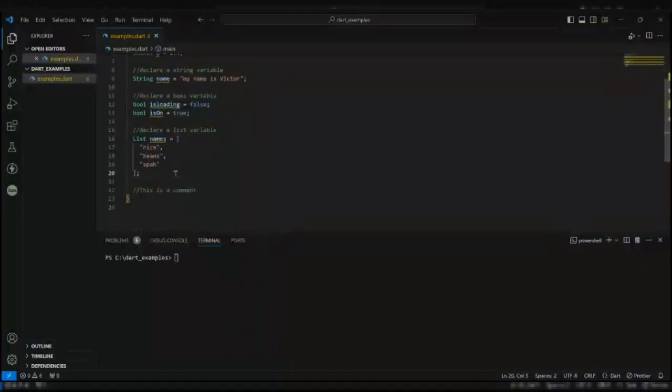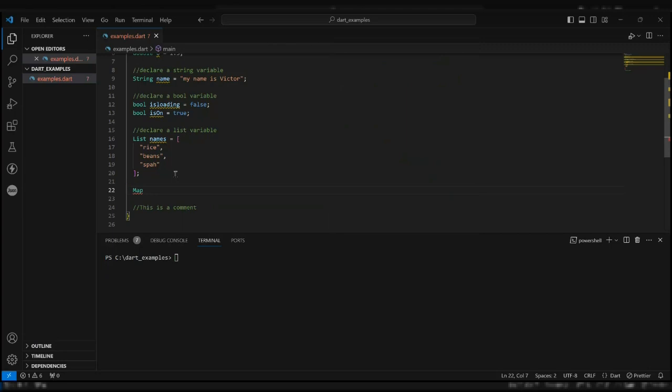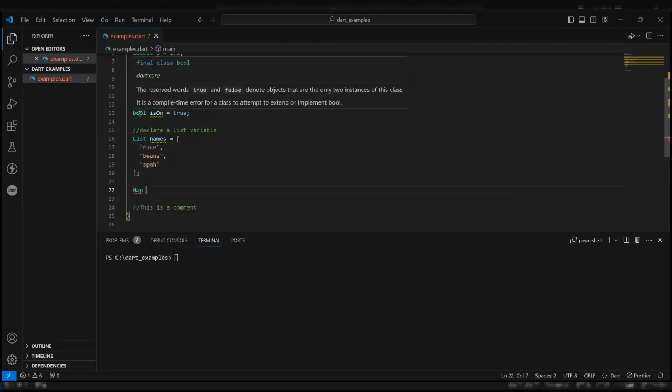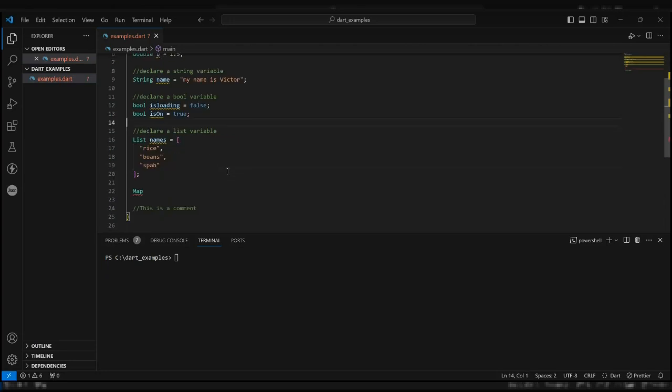Yeah, and we also have maps. So this now, list, bool, string, double, int, these are keywords. So you can't use them as a variable name. Okay.